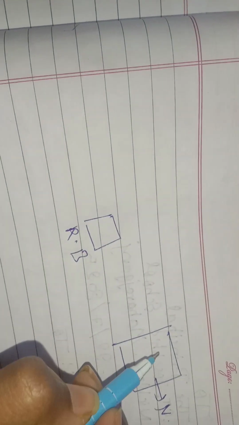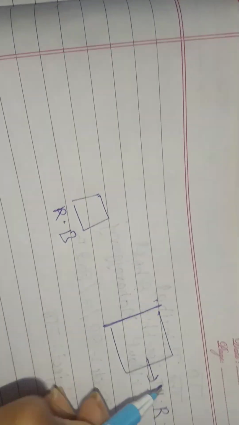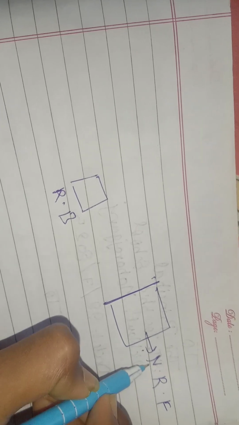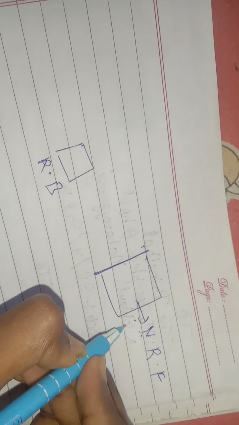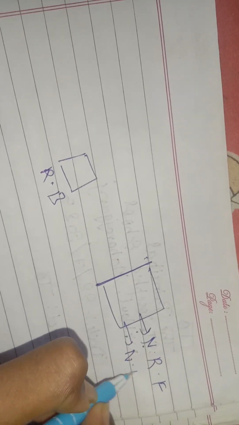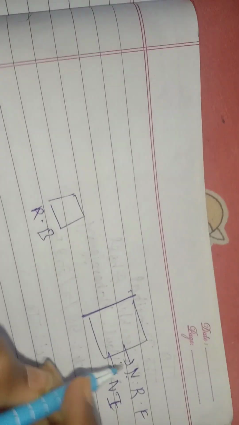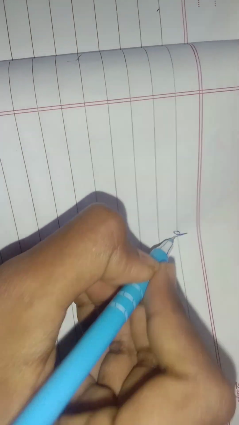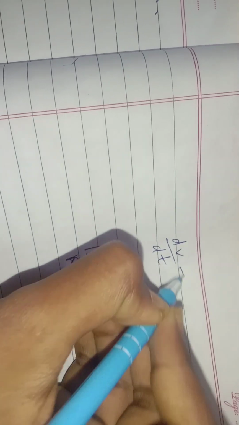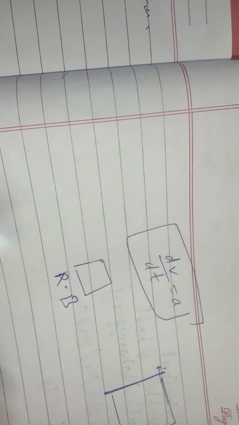Okay, and we are seeing this rigid body from this non-inertial frame, and it is also non-inertial. That means it has some acceleration. That means velocity is varying with time. Okay,